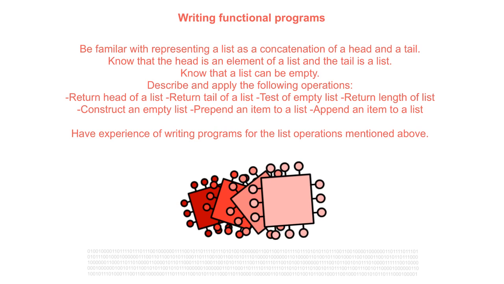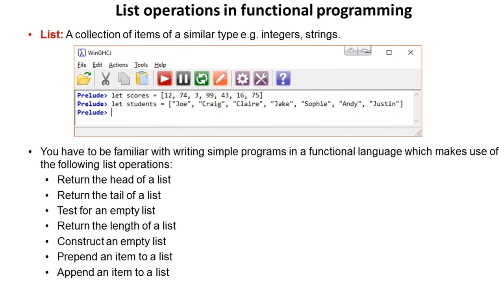In this last video on the series of writing functional programs, you're going to become familiar with operations to perform on a list. So a list, which we've been using already in the previous videos, is nothing more than a collection of items of a similar type, e.g. integers or strings. Now in the exam you have to be familiar with writing simple programs in a functional language